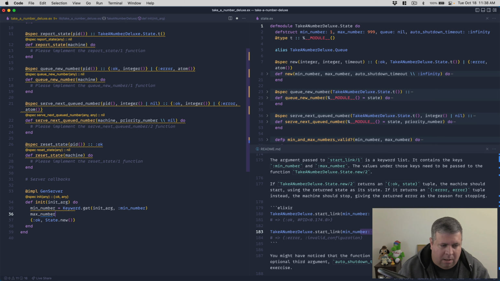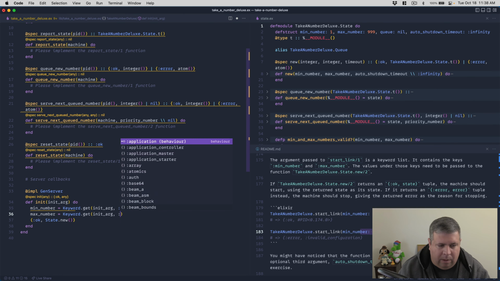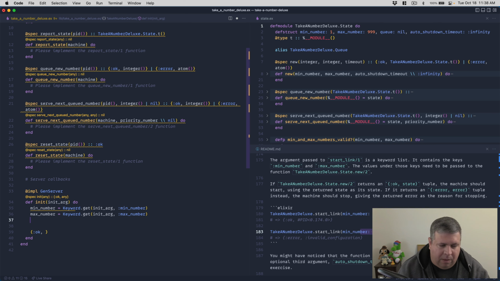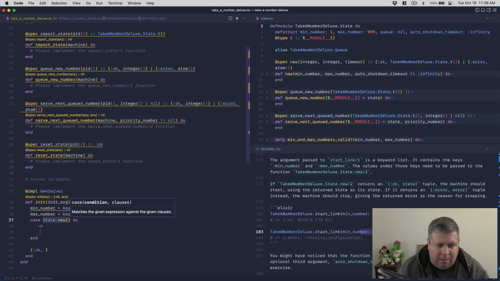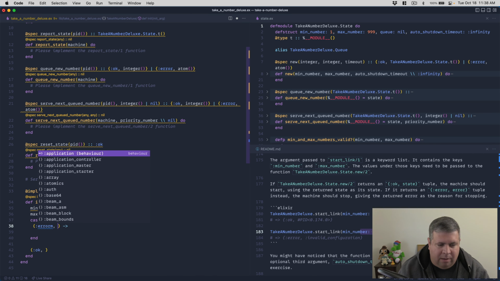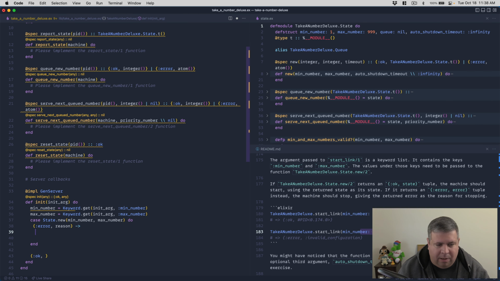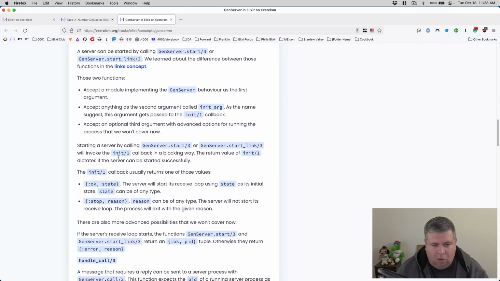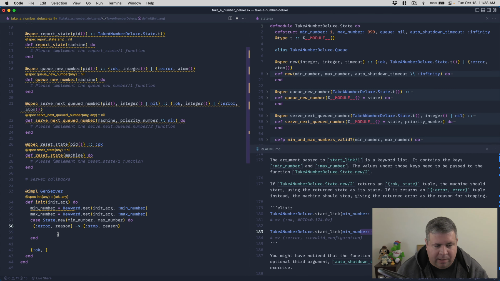And max_number equals Keyword.get init_arg, and we will look for max number. And so we can't just return the state. We need to do this. So case State.new min_number, max_number. So if this returns error, reason, then we need to return, let's see here, init stop reason. So the init callback usually returns one of these values, OK state, or stop reason, where reason is that. So okay, so we'll do stop reason, and if it returns OK,